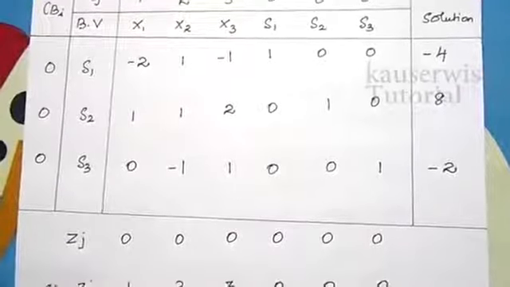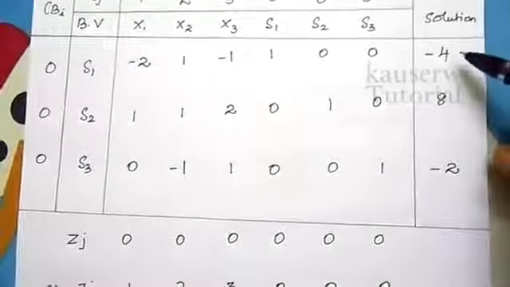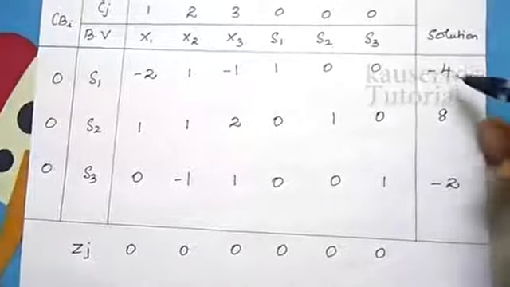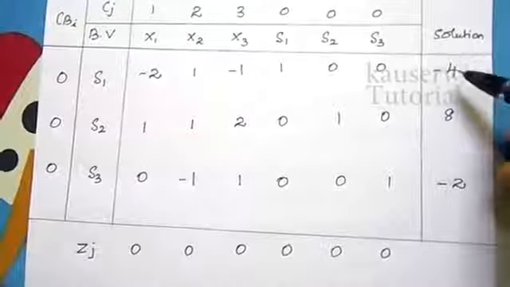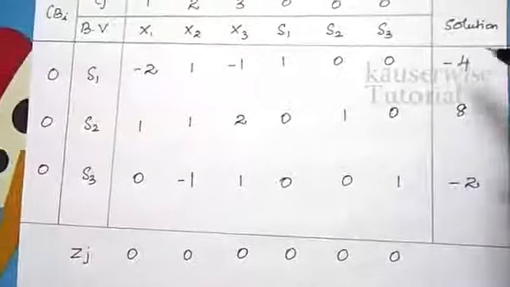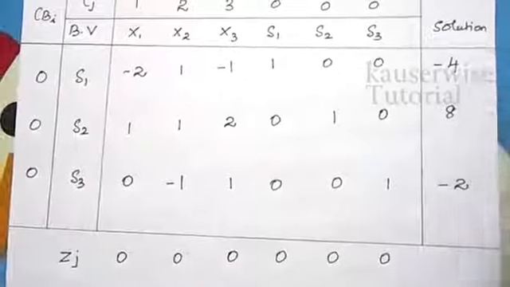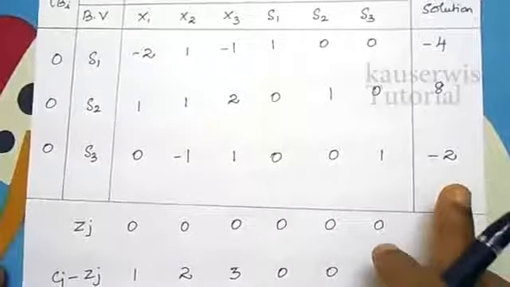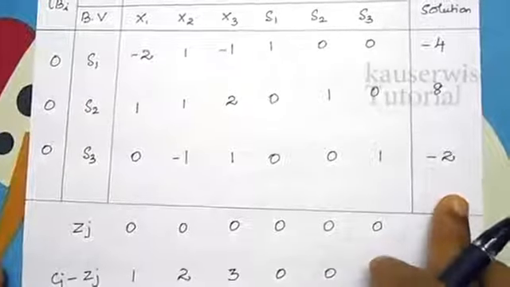The second step is we need to see whether the problem is feasible or not. For that, see the solution column. In the solution column we have got two negative values. For the minimization problem, the feasibility condition is that we need to get positive values in the solution column. But we have got two negative values, so the problem is not feasible. Optimal but not feasible. So we need to remove the infeasibility.